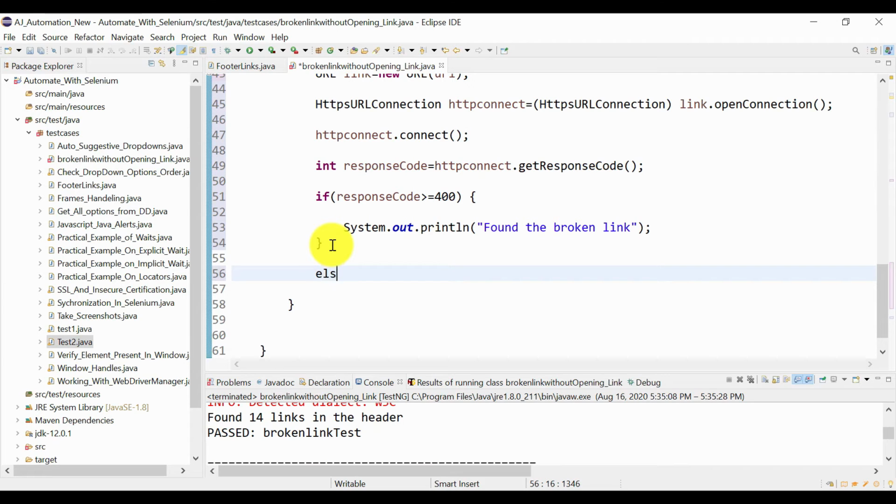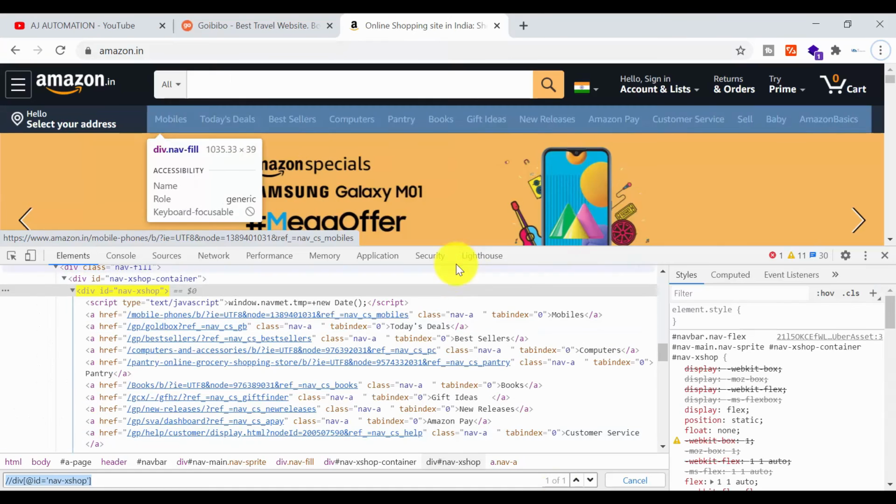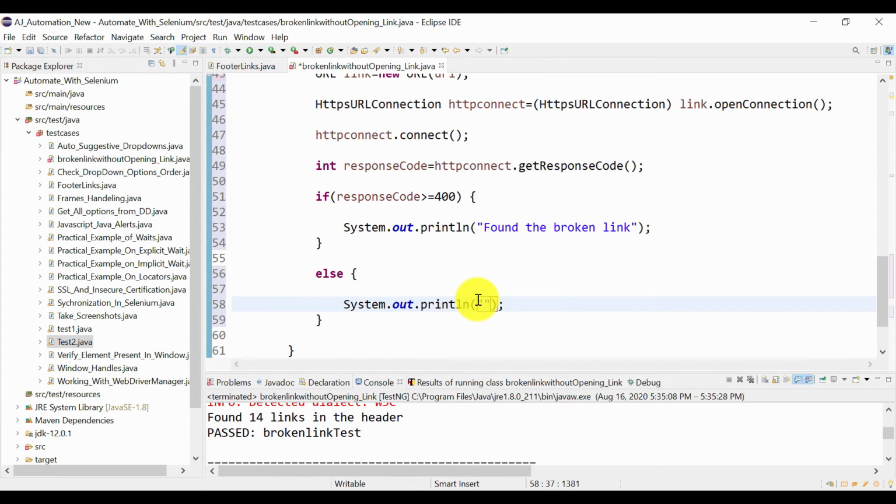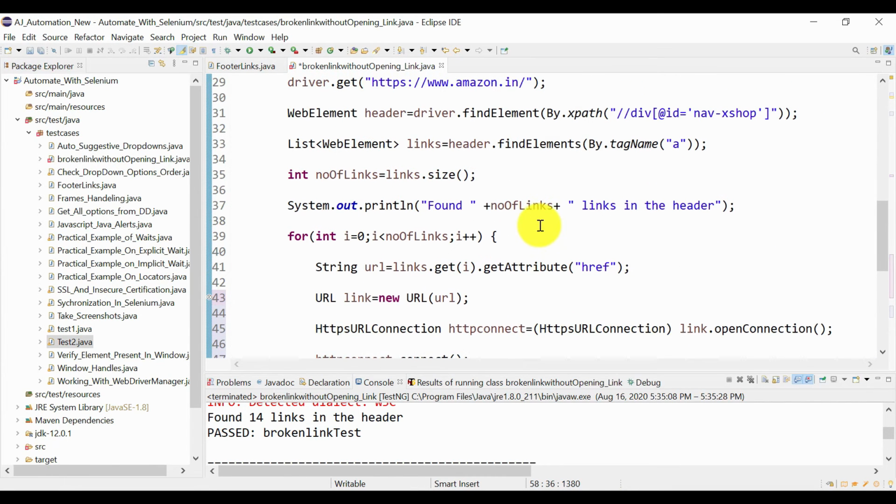Else, here we can print out on the console that this link, we will show the name, that mobile's link is working fine.